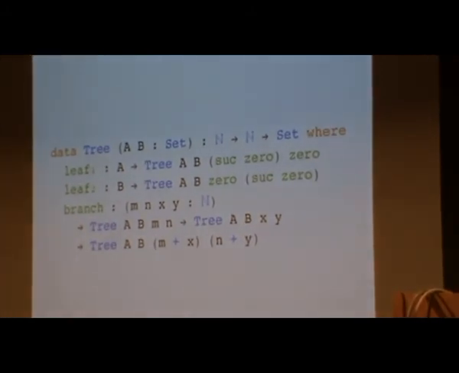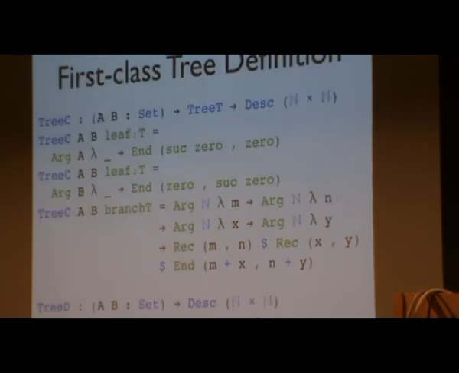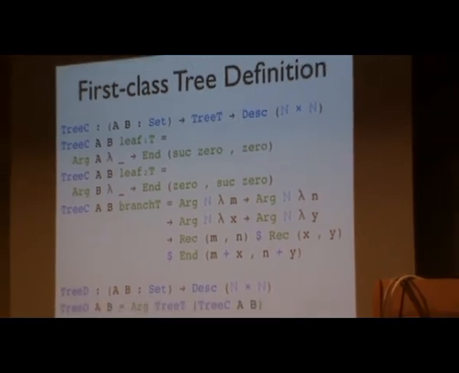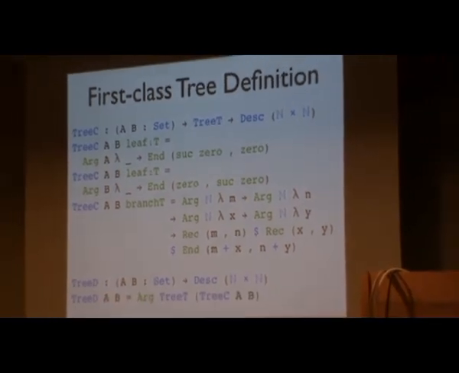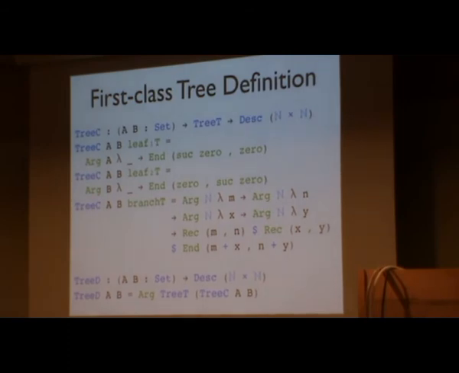So we have leaf 1 has like 1A, leaf 2 has 1B, and then branch sums up the A's and B's. Well, we would actually encode this by, because def just takes a single set, we would have to take a product of these two index types in order to encode this. And you don't really have to stare very hard to try to read how to encode this, but the important